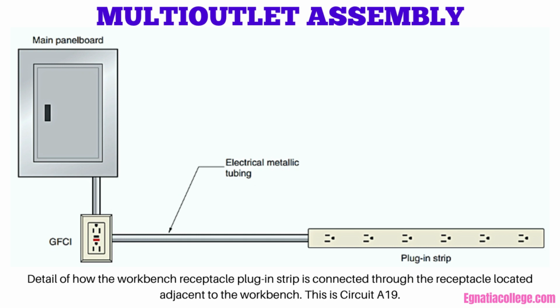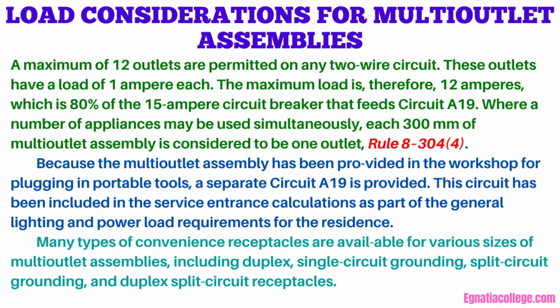The installation of multi-outlet assemblies must conform to the requirements of Rule 12-3028. Load considerations for multi-outlet assemblies. A maximum of 12 outlets are permitted on any 2-wire circuit. These outlets have a load of 1 ampere each. The maximum load is, therefore, 12 amperes, which is 80% of the 15 ampere circuit breaker that feeds circuit A19. Where a number of appliances may be used simultaneously, each 300 mm of multi-outlet assembly is considered to be one outlet, Rule